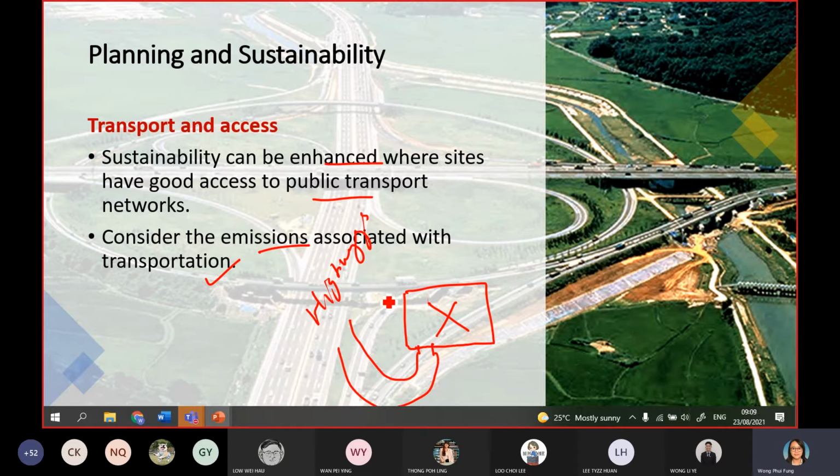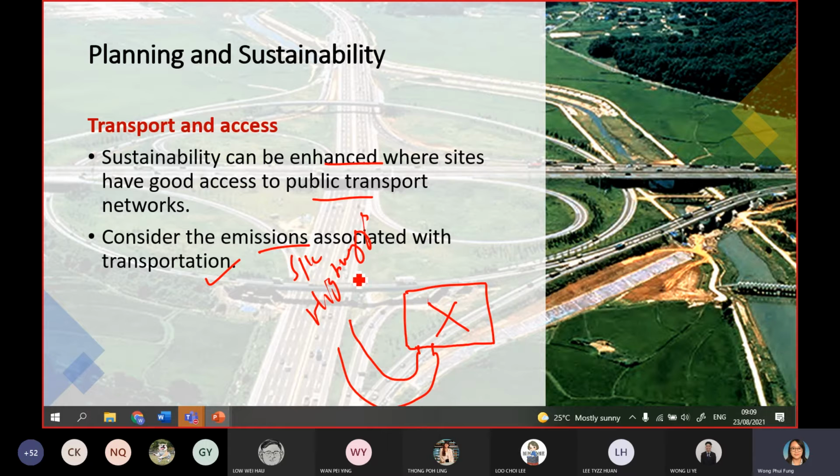They purposely built a highway, built a road to link Setia Eco Hill to the Silk Highway. So that is something the developer has to think about, because as I told you just now, we are very concerned about the transportation time and the traveling distance. That's why they thought about it. They tried to solve it by building the highway themselves in order to link the development to the major Silk Highway. So that solved the problem.